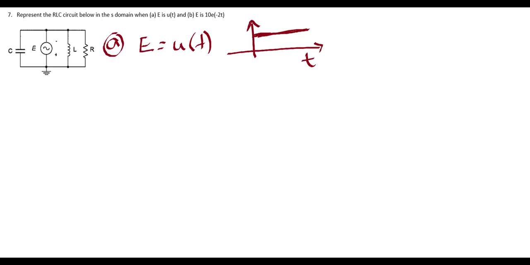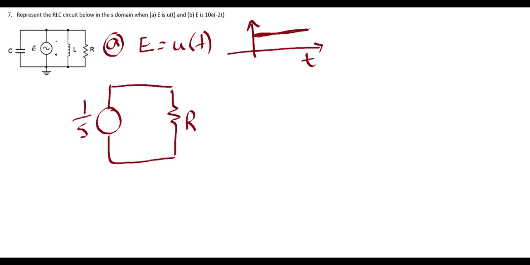In the S domain, this is represented, let me just draw the supply here, as 1 over S. You can use a table to look that up. Now the resistor, under whatever condition, is just itself, nothing changes, it's R. And the inductor becomes LS. Now because this is a switch, there's no initial energy, so nothing else needs to go into this